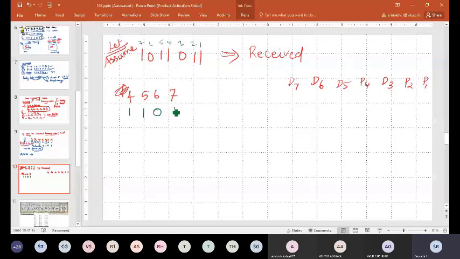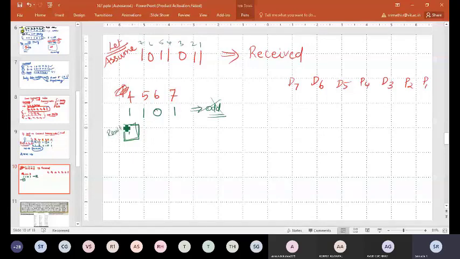So when we have received, analyze the bits 4, 5, 6 and 7. When you count this, 1, 2, 3, so 3 ones are there in this combination. In the P4 bit, 1 is there. Now we know that it is an even parity. We have 3 ones here, so now it is odd parity. If the parity is odd, it is not even, so there is an error. So I have to make this result as 1.